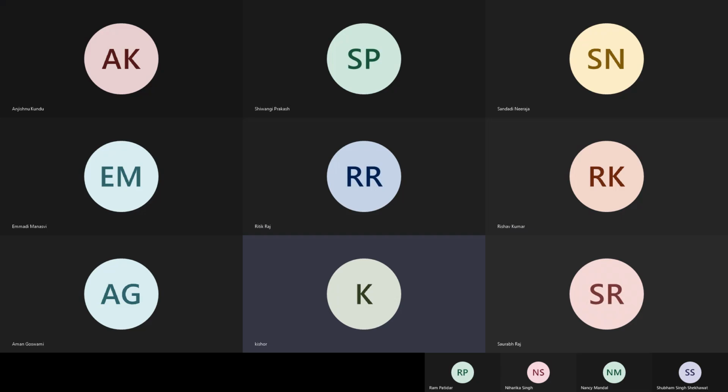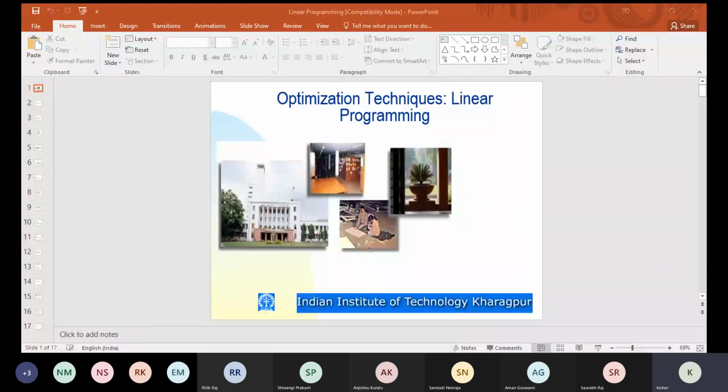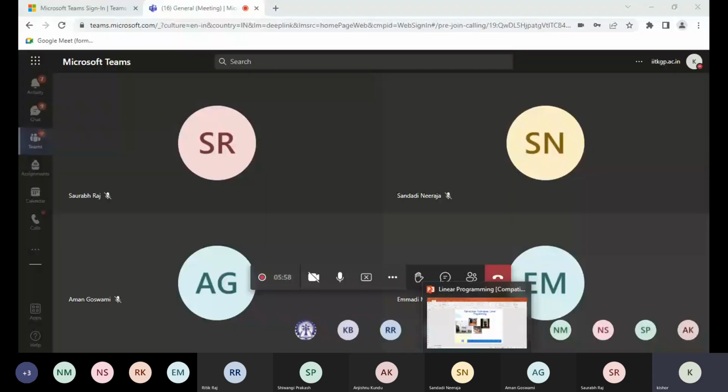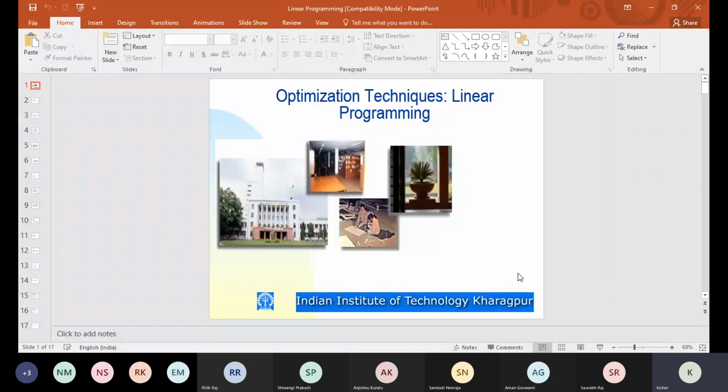This is a combined class for section 2 and section 3. And last class for one section, a little bit of discussion was there about linear programming. It may be a repetition for some of you, but hardly, that repetition may be for a few minutes. In reality, I want to finish this one for section 2 and section 3 today.